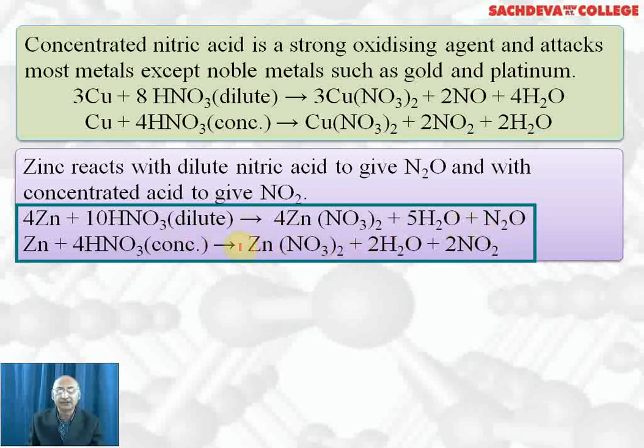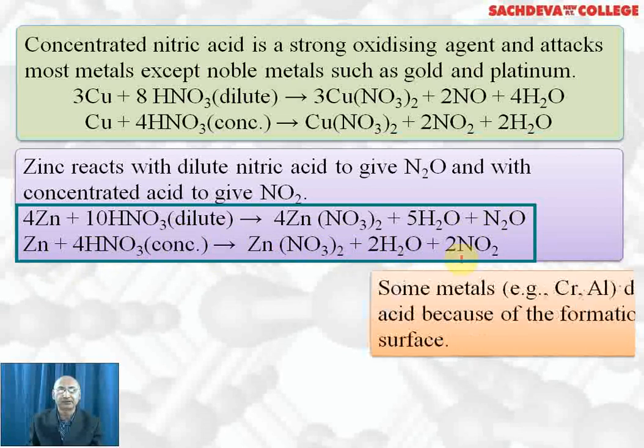And if we use dilute nitric acid, then the reaction will be similar. 3 zinc plus 8 HNO3 will give you 3 Zn(NO3)2 plus 2 NO plus 4 water. So this reaction is specially for very dilute acid: without heating we get ammonium nitrate, with heating we get nitrous oxide, which is also called laughing gas. With concentrated nitric acid, zinc reacts forming zinc nitrate plus water plus nitrogen dioxide. The reaction is similar to that of copper.